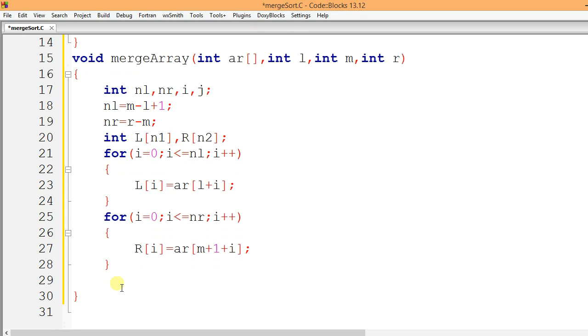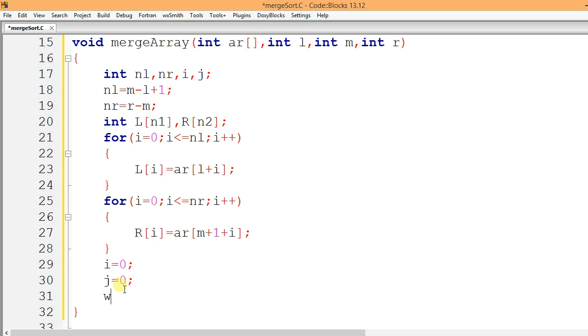So let's initialize i equal to 0, j equal to 0. Now while i is less than or equal to NL and j less than or equal to NR,